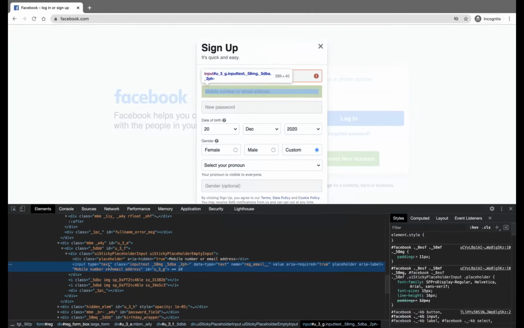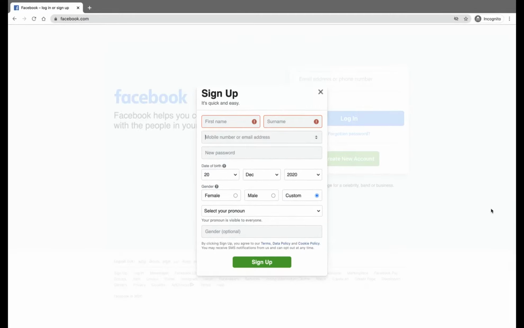For the mobile number, mostly we won't use it. There is another type called number, and you can practice that on your own. But for a mobile number, we won't use type equal to number. We will give text only. When you go into a project and get used to it, you'll know these things. But you can open one or two forms that we regularly use, check them, and try to develop them.